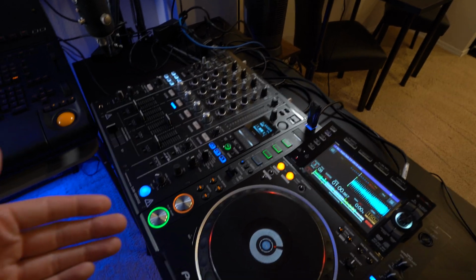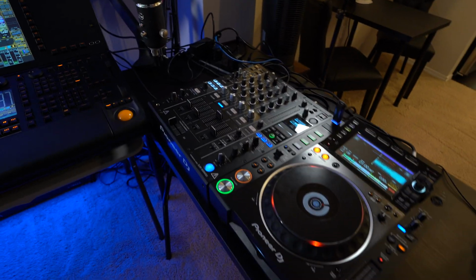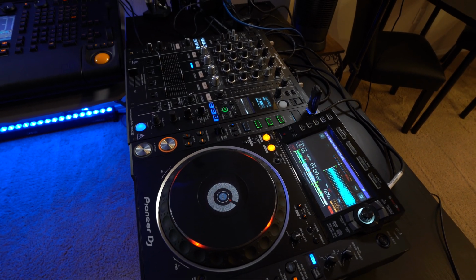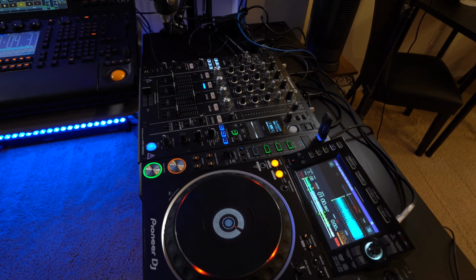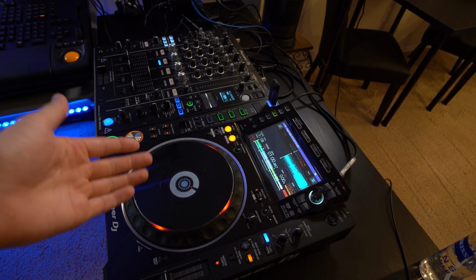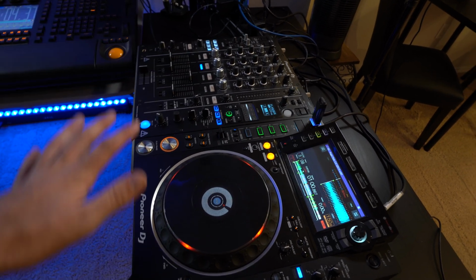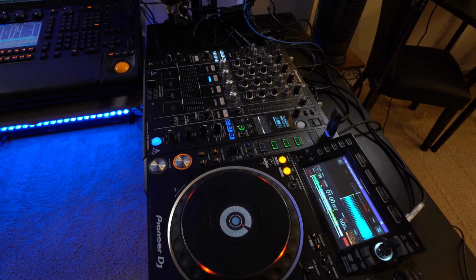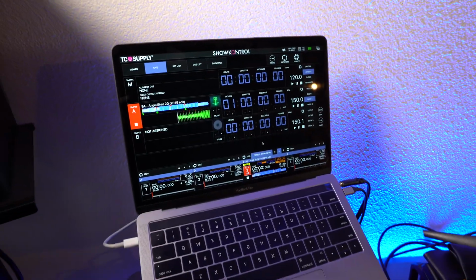The Pro DJ Link network is a way that all Pioneer devices communicate with each other and share BPM information, track metadata, and the track files themselves. For the longest time, there was no real way of getting that information out of the Pro DJ Link ecosystem. Pioneer kept it pretty locked down, and you had to hack into the system, so to speak. But now, with this little piece of software, we can, in real time, translate